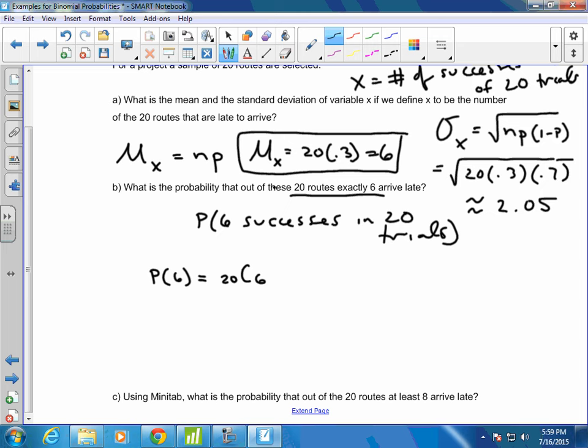It's going to be 20 C6, right? 20 is the number of trials, 6 is the number of successes, times the probability of a success, which here, probability that it's late is 0.3, raised to the 6, because we're trying to find the probability of 6 of them late. 1 minus p would be 1 minus 0.3, which is 0.7, raised to the n minus x, so that would be 20 minus 6, which is 14. All right, similar thing to before, you can work this out separately. Or here, if I try to punch this up all at once,